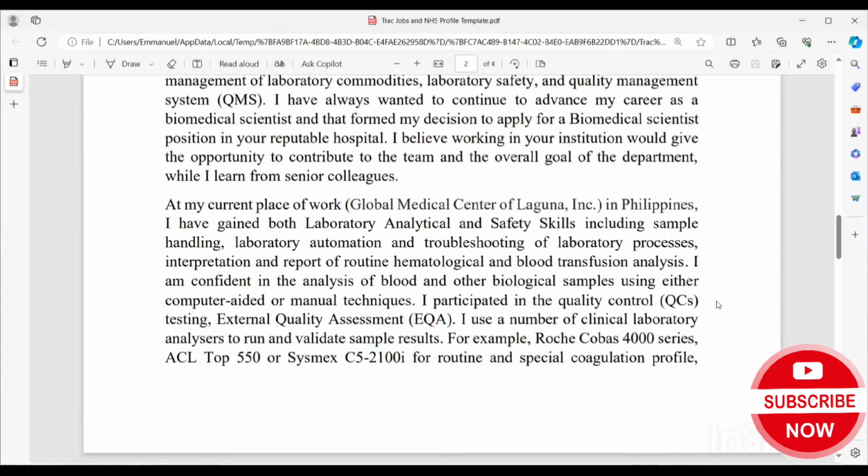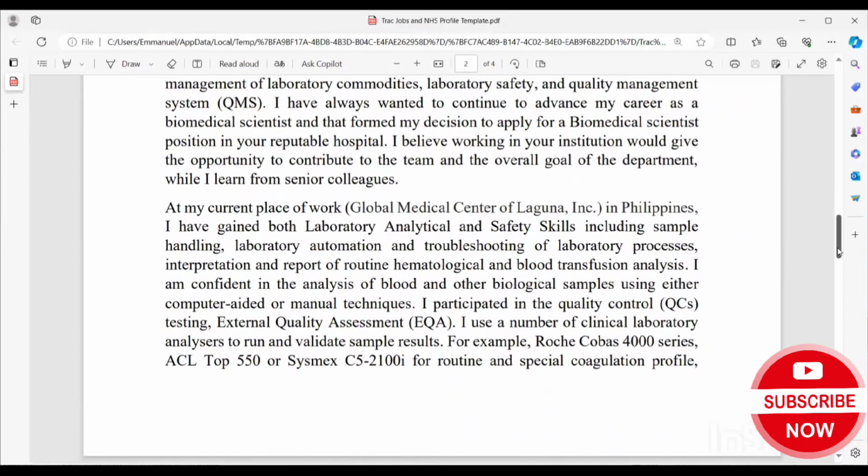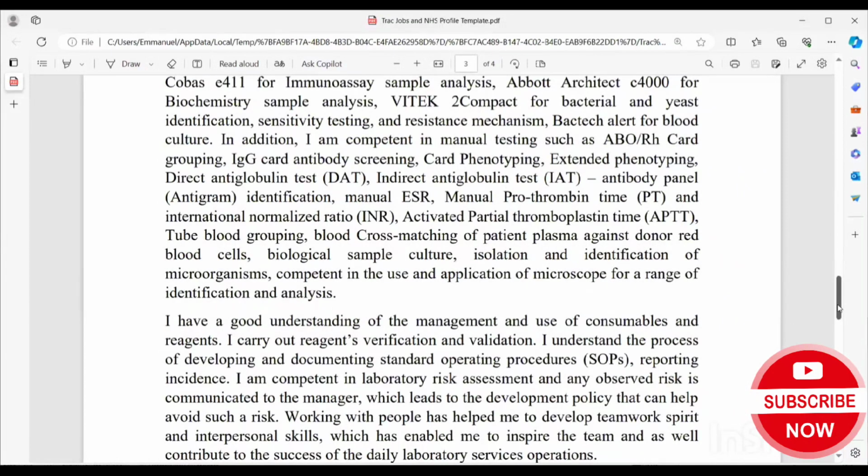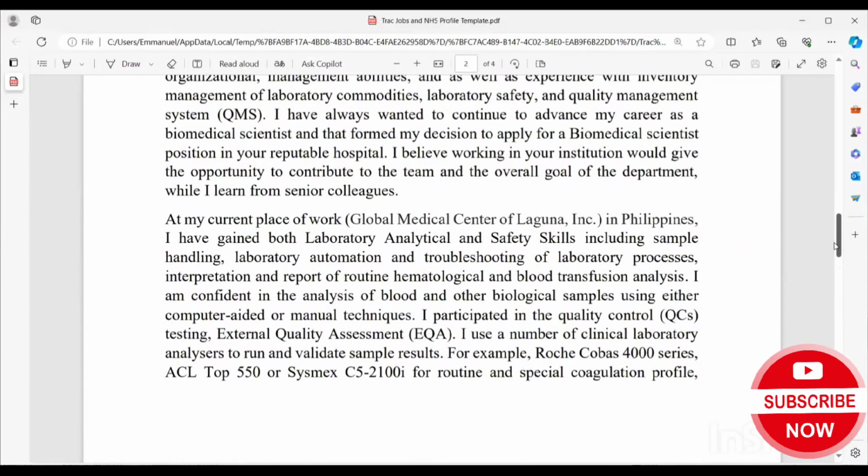This is where you can now link it to the analyzer you have used, okay, whether previously or in that current place of work. You can say both in my current place of work and in my previous place of work I've used. You can mention all of this, and troubleshooting analyzer and the analyzer you have used, external quality control assessment. Now, when you say something like external quality control assessment, you can tell them a lot of things along this line.